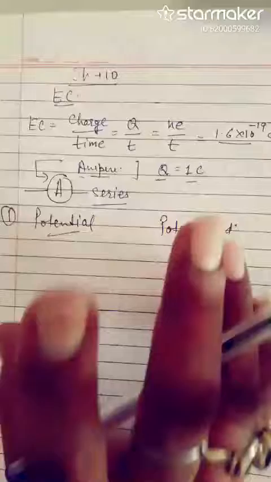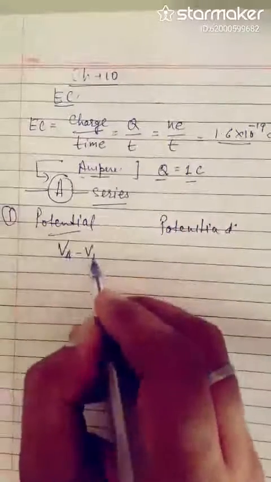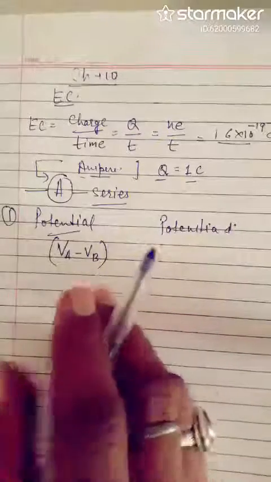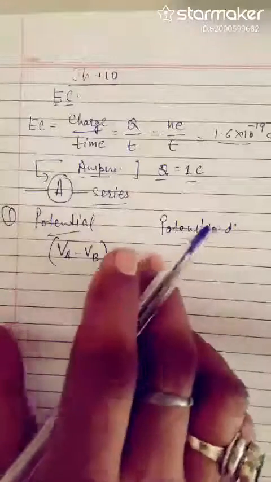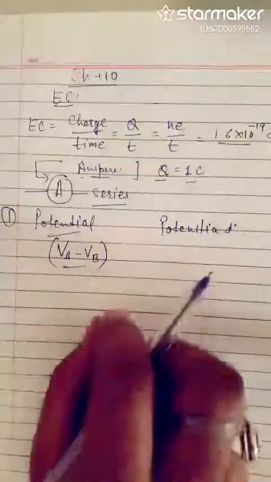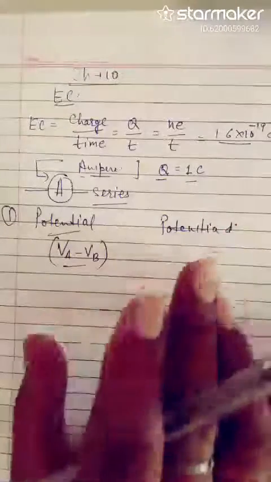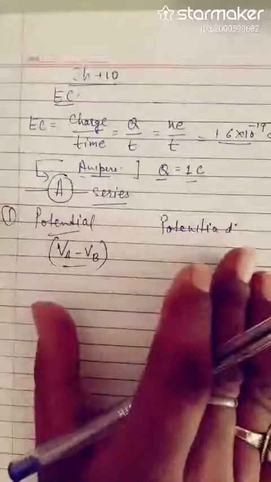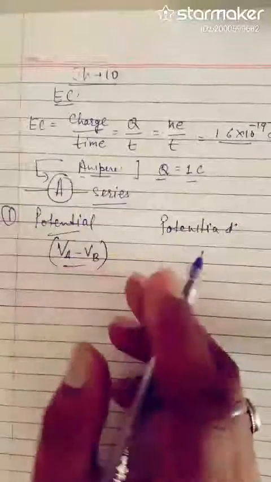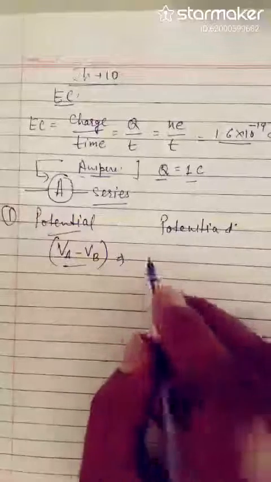We define the electric potential difference between 2 points in a current carrying electric circuit in terms of work. So we can say VA minus VB; here we have two potentials or two volts. The difference between two volts is called the potential difference. The electric potential difference is defined as the amount of work done in bringing a unit positive charge from one point to another point in any electric circuit. So the potential difference between the 2 points is VA minus VB or VB minus VA, but generally we take VA minus VB.